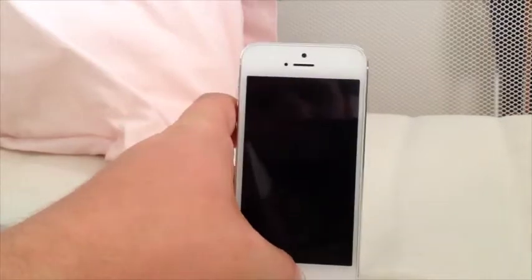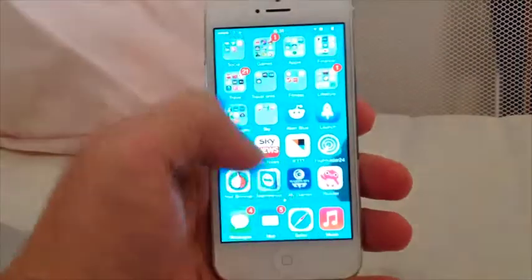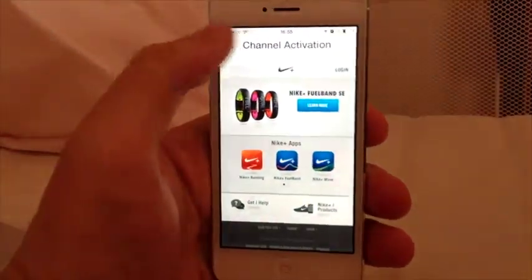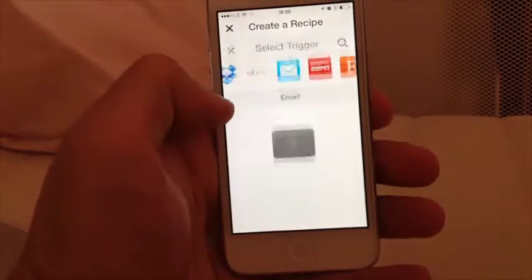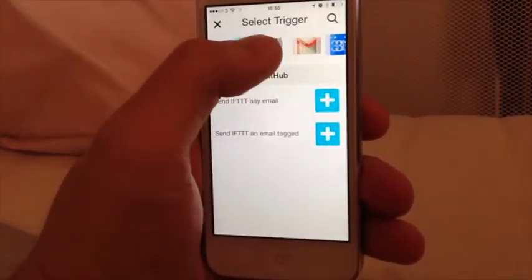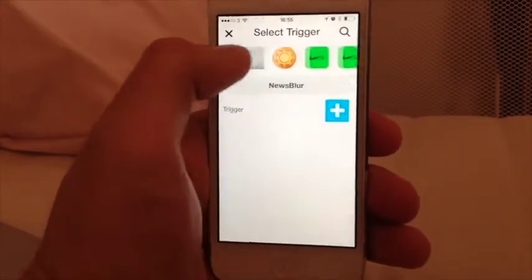So now we've got the Automator action on the Mac. Next step is to use our iPhone to go into If This Then That and create a workflow. So the workflow we're going to create is: if we receive an action from Launch Center,